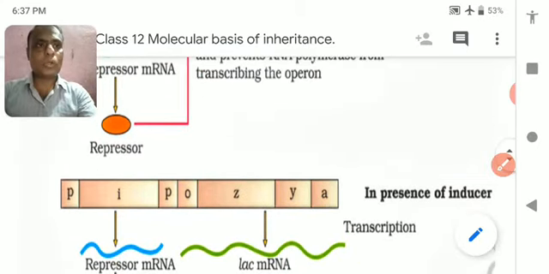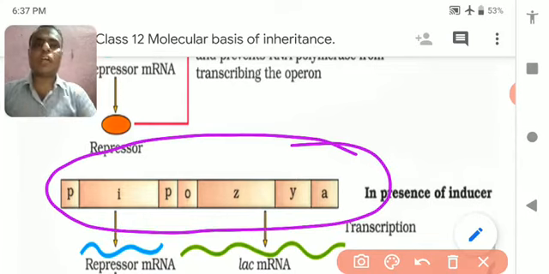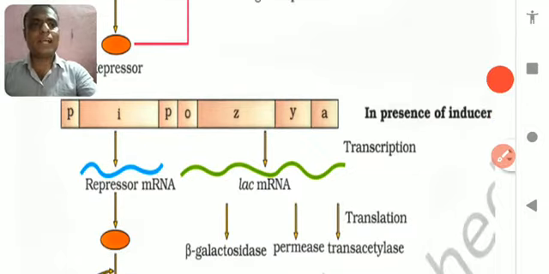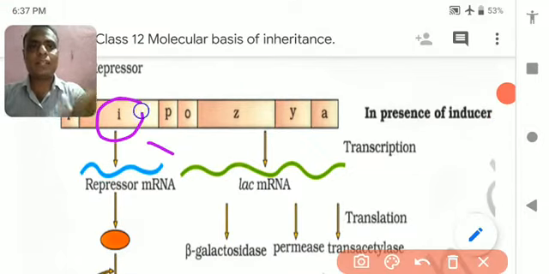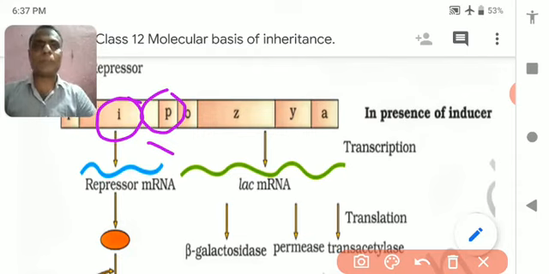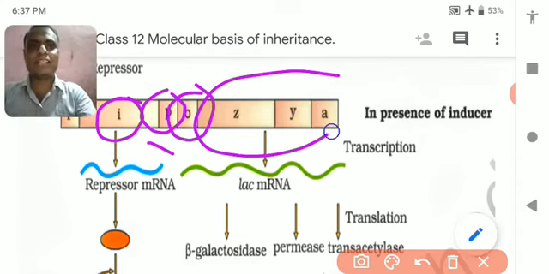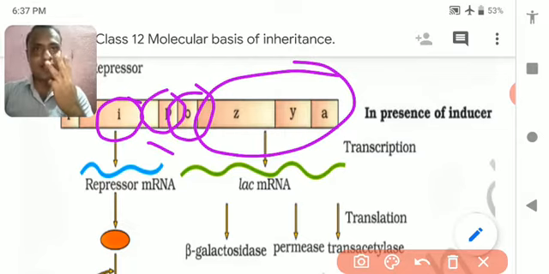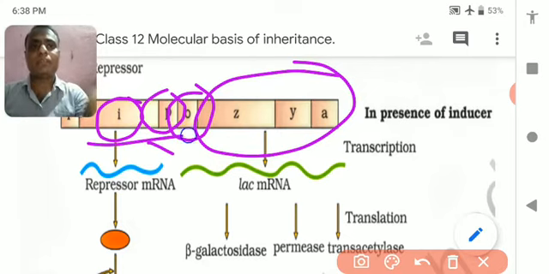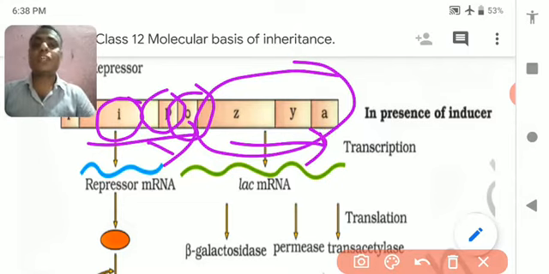So this whole structure together is called the lac operon, and it is very important to learn and draw. Okay, so what have you seen? First are the regulator gene, promoter gene, operator gene, and structural genes. The first three initiate the process. Whether the process should start or not is managed by the first three, and the last three only produce a particular kind of enzyme when they start it.